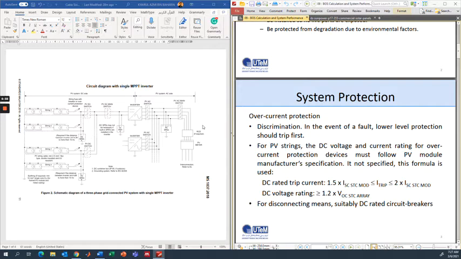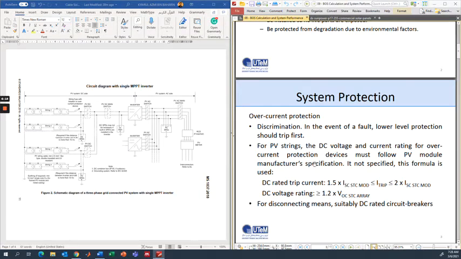Okay, so how do we know it's a 3-phase system? We look at the AC side. So the DC side should be the same because they don't have single phase or 3-phase because it's DC. So we see example here. So all is DC here. Now we check the AC side, which is the right hand side after the inverter. So we see there are 4 lines here. So these 4 lines represent red, yellow, blue, and neutral. Or a more standard labeling is L1, L2, L3, and neutral. So we know from this schematic here that it is a 3-phase system.